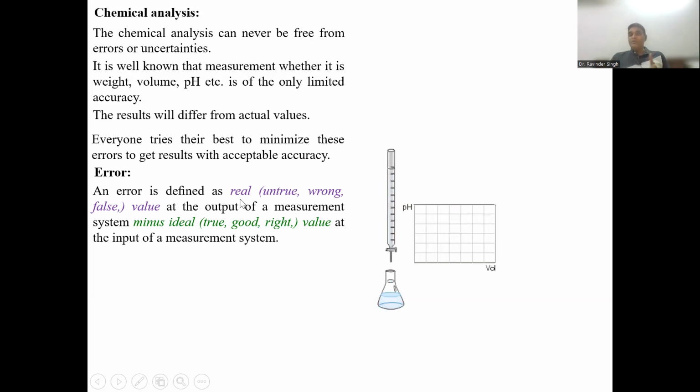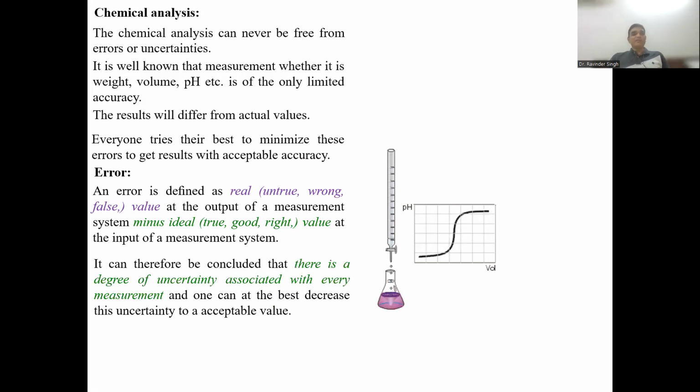तो मींस एरर कब कहलाएगी? इफ दैट रियल वैल्यू इज अनट्रू, दैट इज रॉन्ग, दैट इज फॉल्स। तो मीन्स हमें इन दोनों का क्या लेना है? डिफरेंस। सो एन एरर इज डिफाइंड एज द रियल वैल्यू एट द आउटपुट ऑफ ए मेजरमेंट सिस्टम माइनस द आइडियल वैल्यू एट द इनपुट ऑफ द मेजरमेंट सिस्टम।